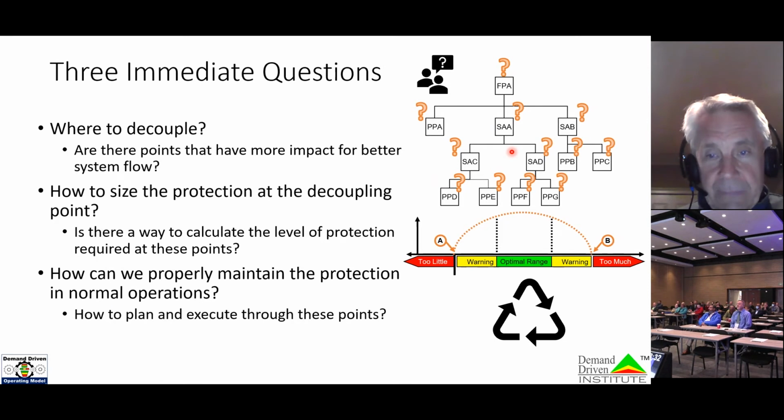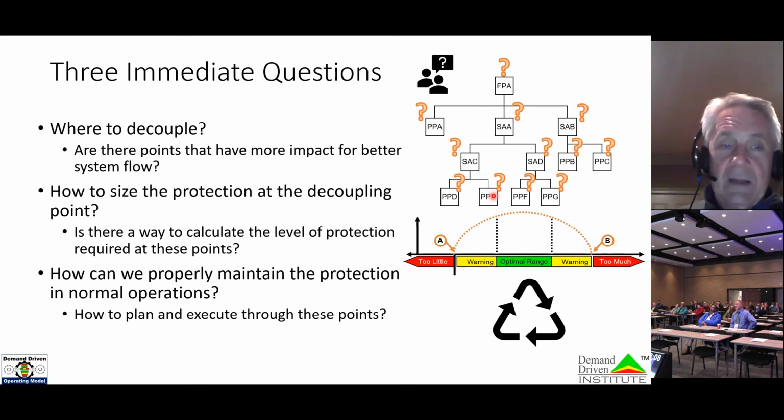It's not everywhere, because there will be items that have very low rates of usage or very short lead times, so there's really not a lot of material gain on short lead time items from buffering those. But an item like a subassembly, SAA may be a great example, because if that subassembly has multiple parents, it could be really beneficial to take all of that lead time and move it into a decoupled position. Oftentimes there are material flow restrictions that may limit where we can do this, but you have to keep these in mind as you go through your DDMRP implementation, looking for those decoupling points.